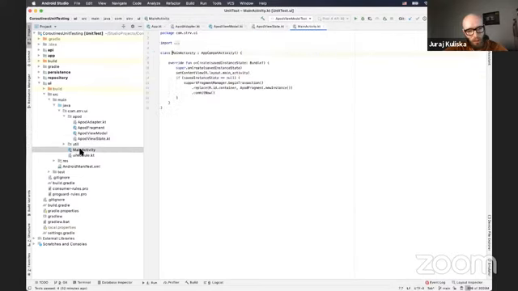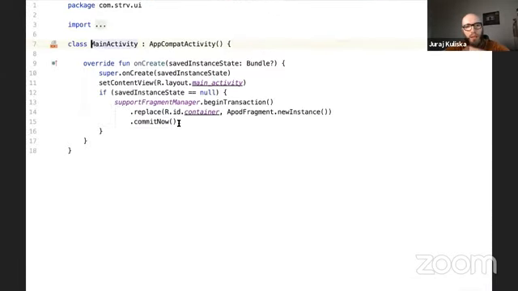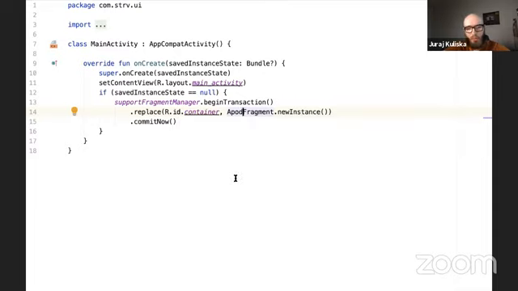So yeah, the activity is fairly simple. It just shows the fragment in its container. Actually, you will be seeing the APOD prefix everywhere. It's an abbreviation for astronomy picture of the day. So that's how I named all of the classes. So then, yeah, if we go to the fragment,